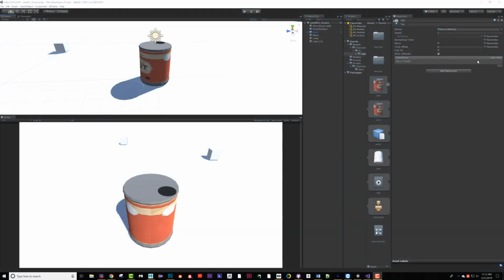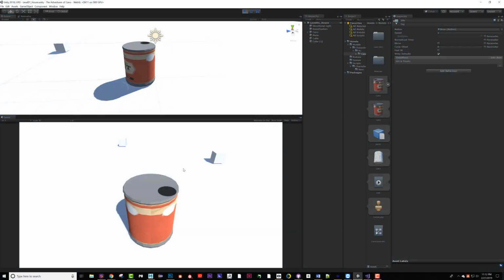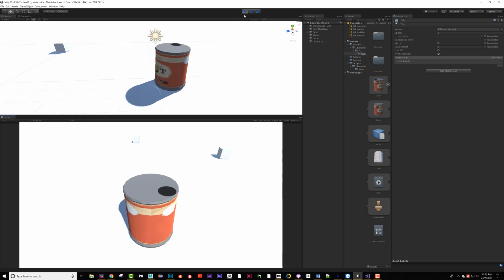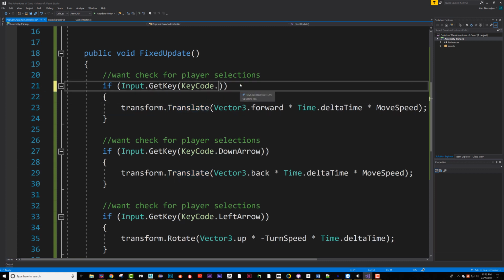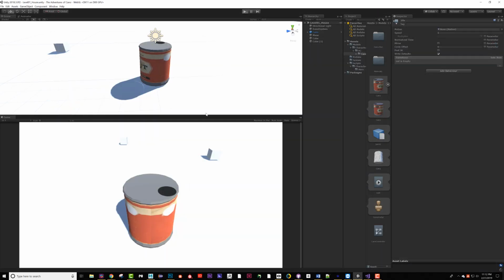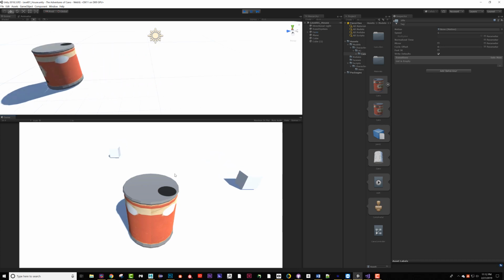So what we want to do is, we currently have it where if we press the arrow keys, we can move around. If you'd like to switch it from the arrow keys to WASD, you can do KeyCode dot, and you can see there's a W. So if I save this now and press play,